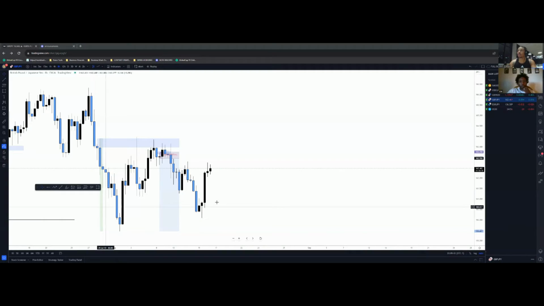All right, so I'm going to go ahead and share my screen here, and we'll go ahead and take a look at a GBP JPY. I'm in a small trade on it right now to see what comes of it, but